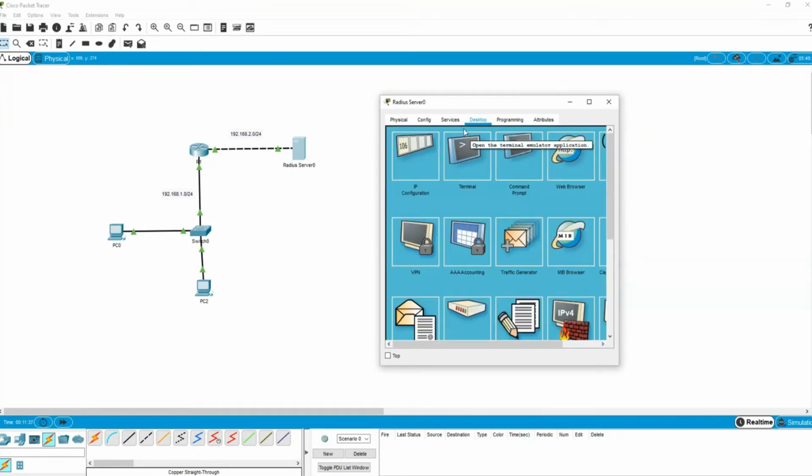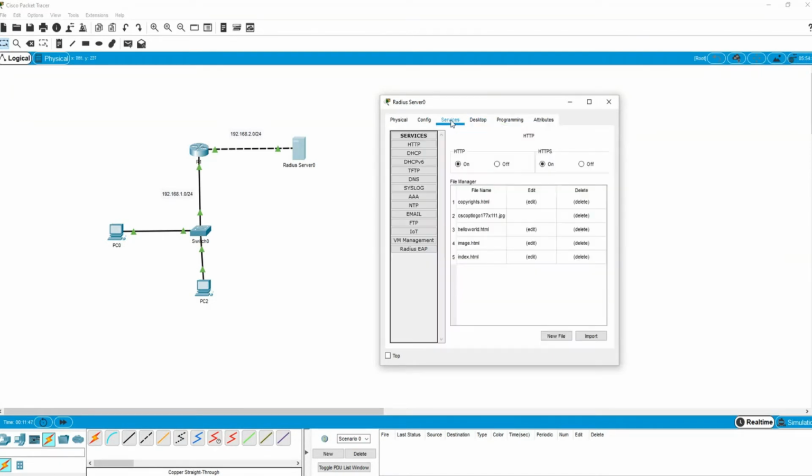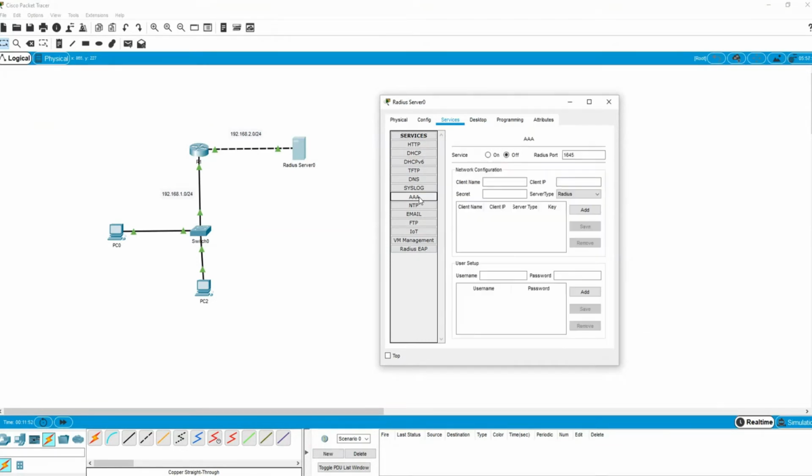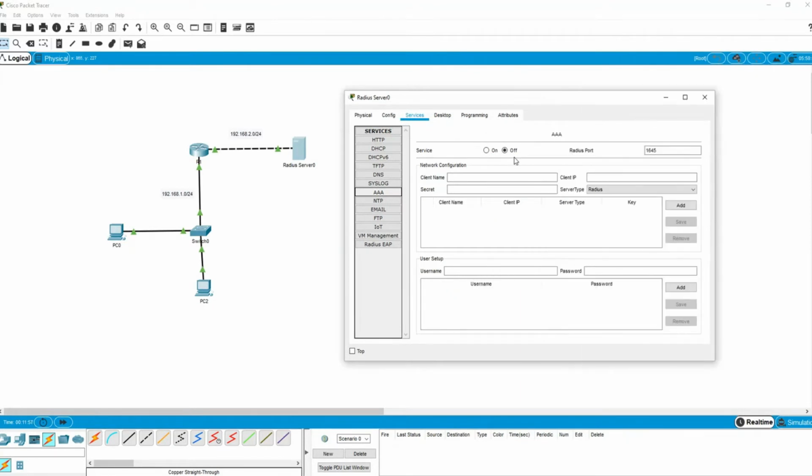Then we need to configure the RADIUS server. Go to the Services, and here you can see the AAA service. We need to switch on these services. Click on Services, client name Router 1, so this is our client name and the client IP address.